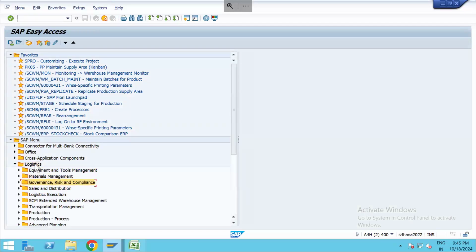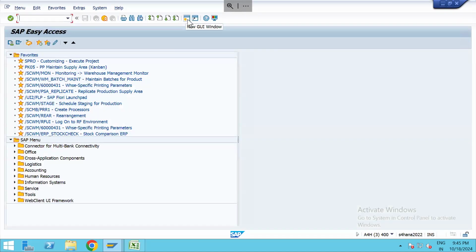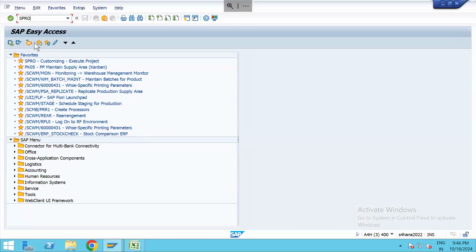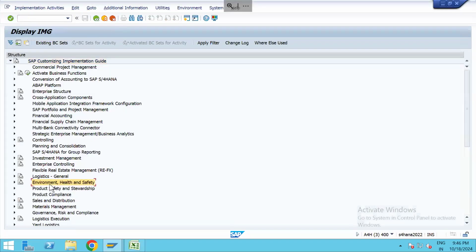To define packaging specification master data, let's come to SCM EWM. And just one more thing: if I want to generate a handling unit automatically when I'm creating an inbound delivery on the EWM side, what is the condition type? 0 IBD. For this, we have a determination procedure also, mostly with the same name, 0 IBD, if you see that configuration. So in the inbound delivery document type configuration,